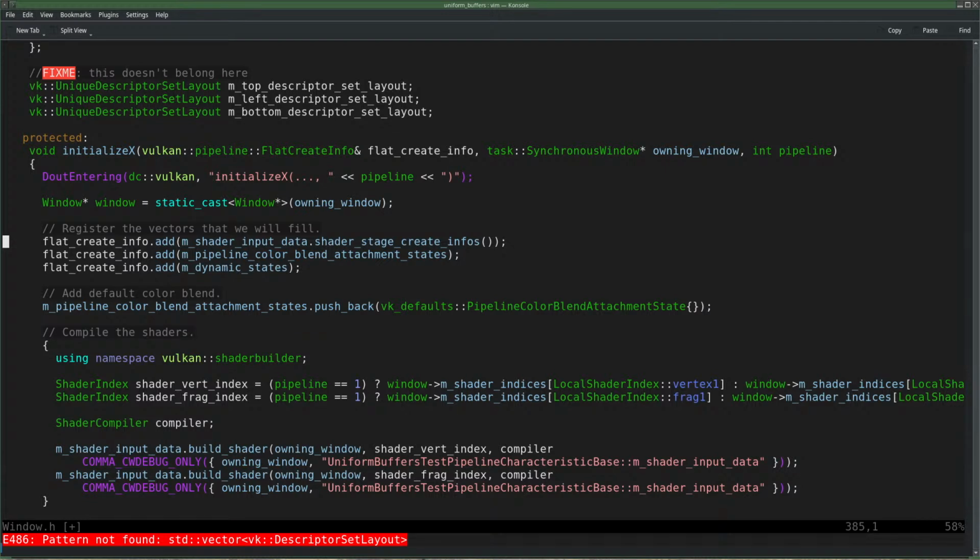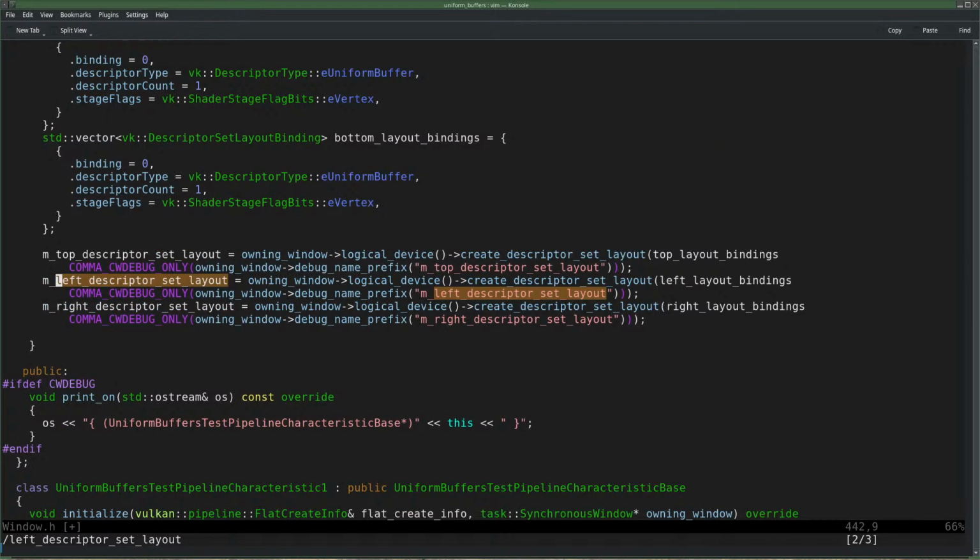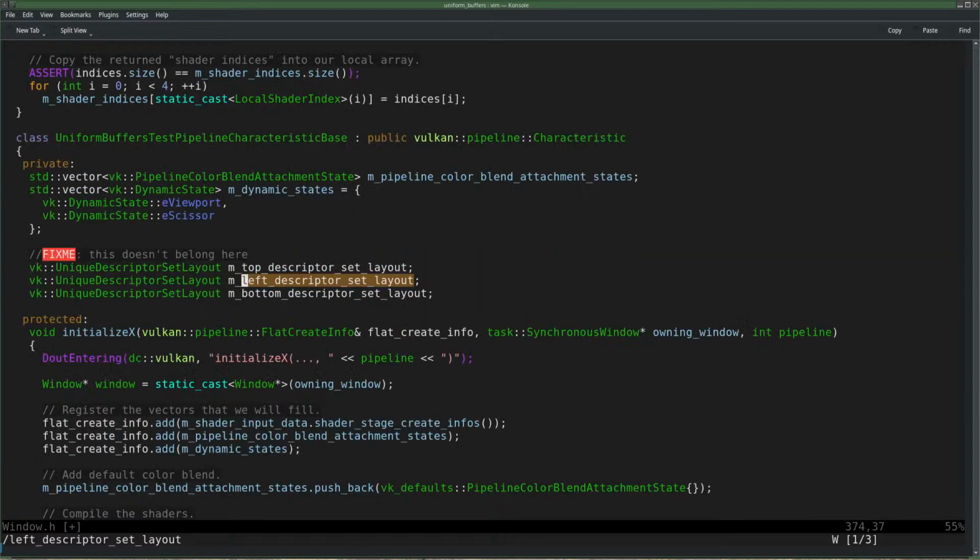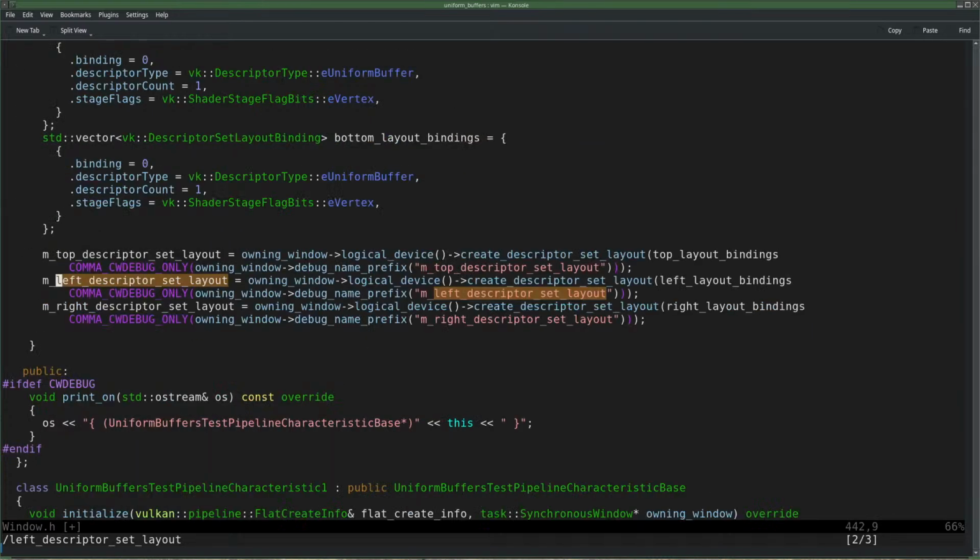This creates a pipeline, and when you create a pipeline, you need to pass the layout of the, well, when you create a, yeah, when you create a pipeline or the pipeline layout, no, I don't know. I think the pipeline layout. Anyway, you need to pass the descriptor layout. So is it possible that we do not use this somewhere? This is just stuff that I just added. What?